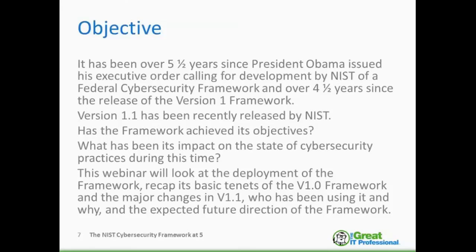And the executive order called for a voluntary framework, working with the private sector. So the Enhancement Act actually codified that and provided legal support, saying that NIST was assigned to do this work with a public-private partnership to work on cybersecurity, also to support research and development, workforce development, public